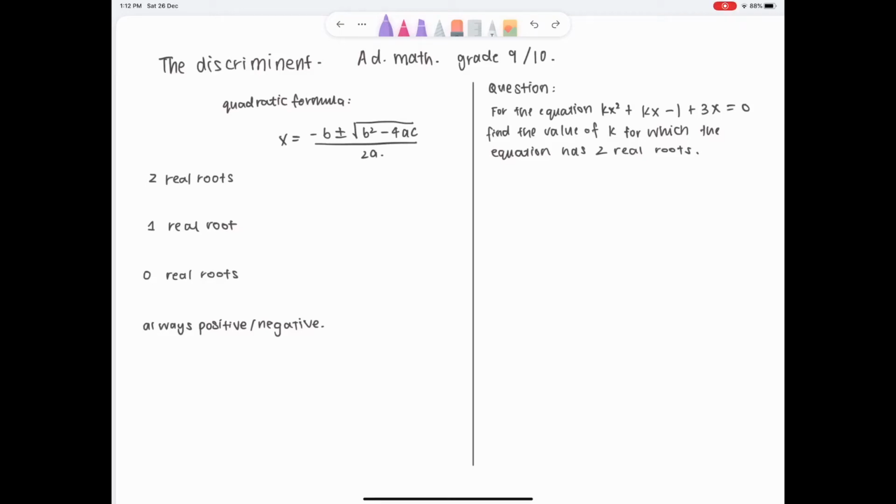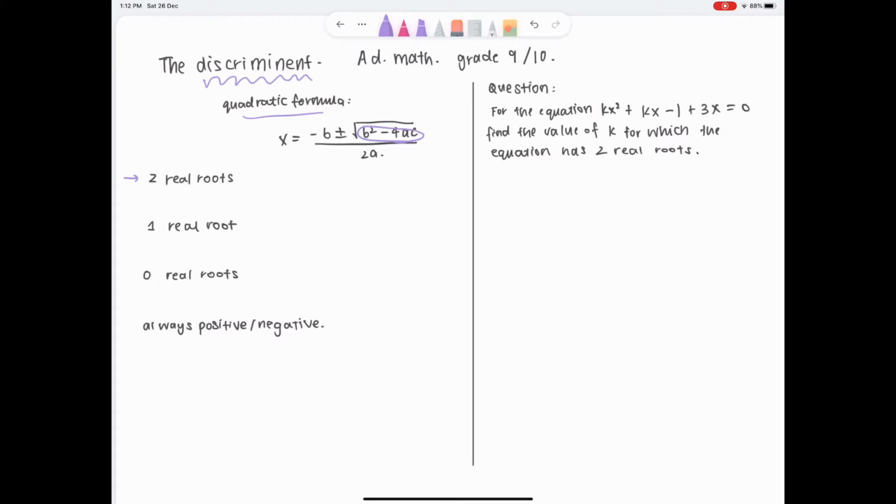Hi, in this video we're going to be talking about the discriminant. While it might seem like a kind of weird topic, let's go through this in the quadratic formula. In the quadratic formula, this part of it is actually the discriminant. In the question, they will give you an equation and say if it has one real root, two real roots,